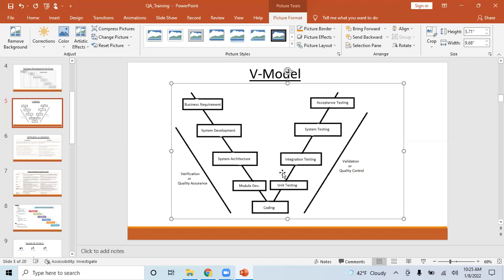Right? So we will make sure that the developers are writing the unit tests and executing them before they give it for the integration or the system testing, right? So that's where unit testing comes into the picture. And integration testing is also mostly done by the developers, right?